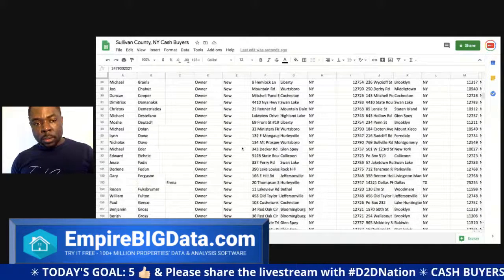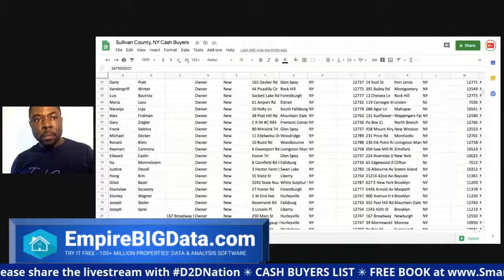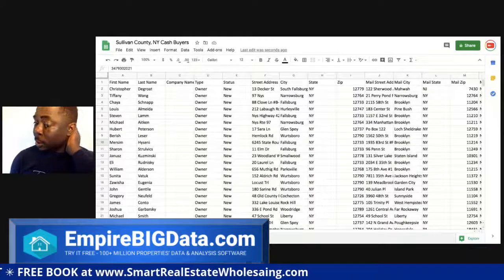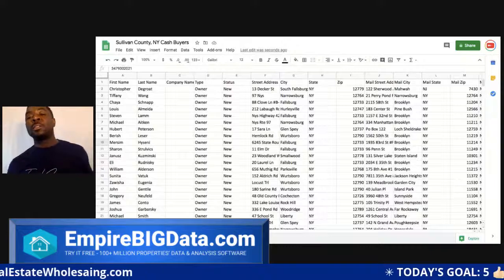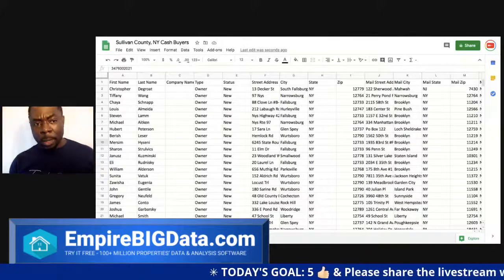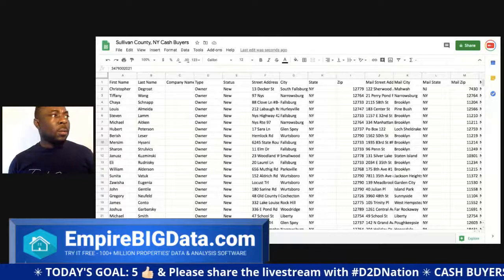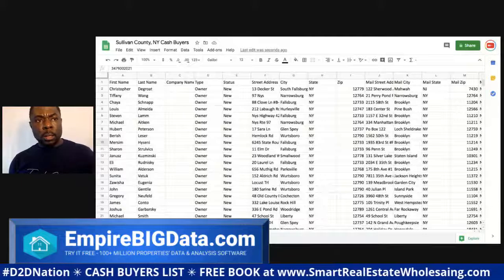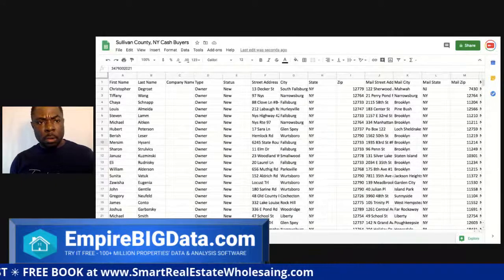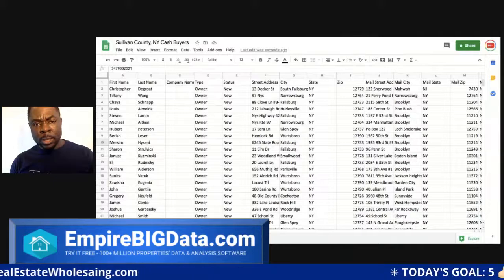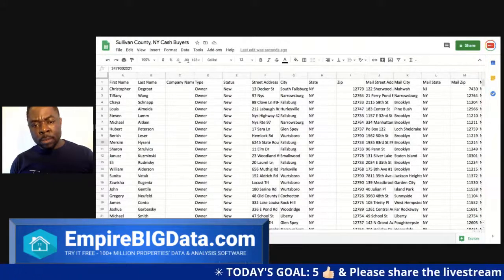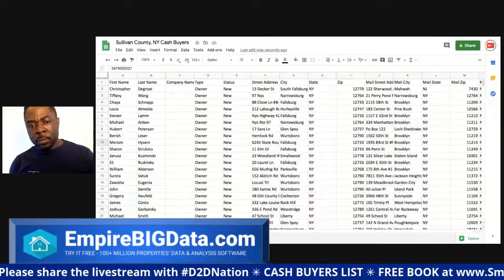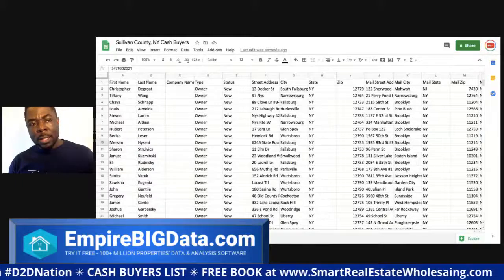All right, so some of these are company names, blah blah blah. Okay, all right, so let's go here. Same thing. I'm going to do the same thing, and then we'll call it a day. We're going to get to work on sending all of these people the information. Okay, but like I said, EmpireBigData.com is a tool that I use. And let's see here. Data, sort range, data has header. And we go to the priority, which is cell numbers. And just sort from A to Z. Okay. So I can do the same thing.